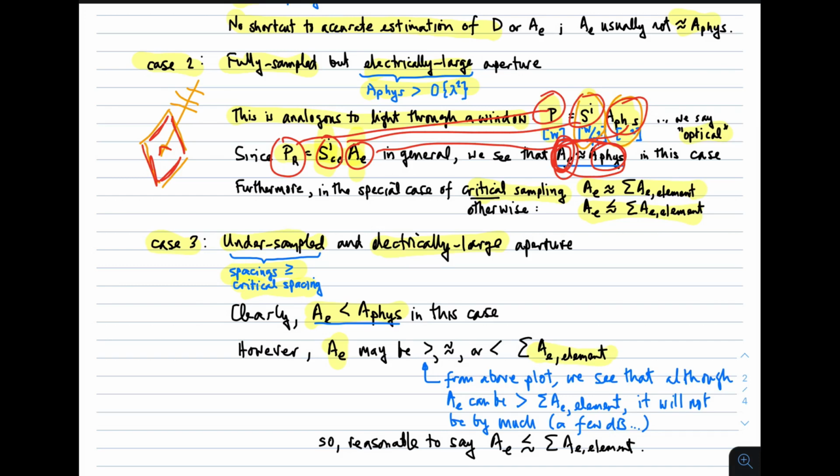Well, to be honest, it could be greater than, approximately the same, or less than, depending on a bunch of other factors. So it's really difficult to say which of these is going to apply. But I'll tell you that from the above plot, the example we showed above, we see that although this case of the effective aperture being greater than the sum of the elements' effective aperture, it will not be by much,